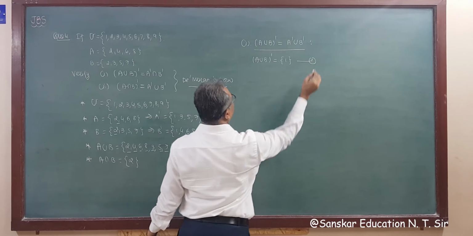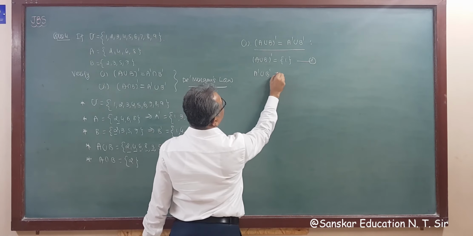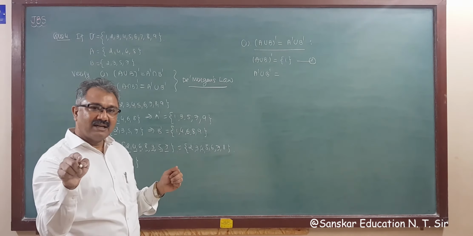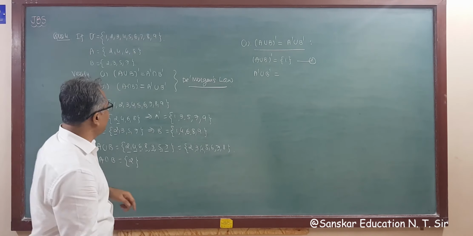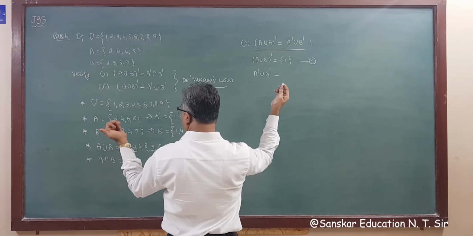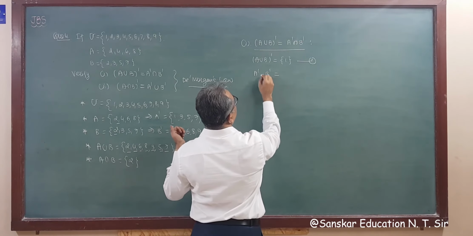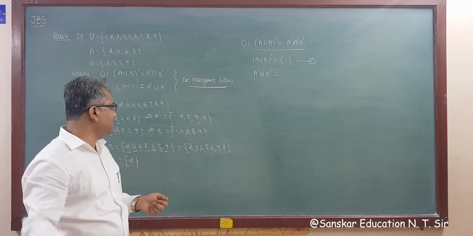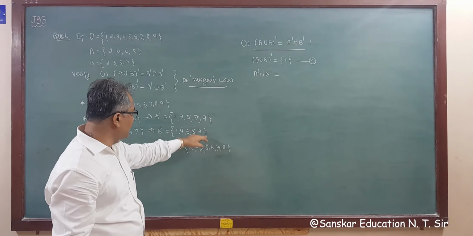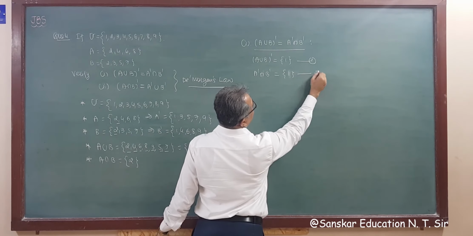See, this is result number 1. Now we require A dash intersection B dash. That means the set of all elements which are in both A dash and B dash. So this is A dash, this is B dash. So I am writing, why this is, we are making some mistake. This is union, but we need intersection here. So now A dash intersection B dash. Now the common element of both sets is 1. No other element is common, right? So the answer is 1. That is result number 2.